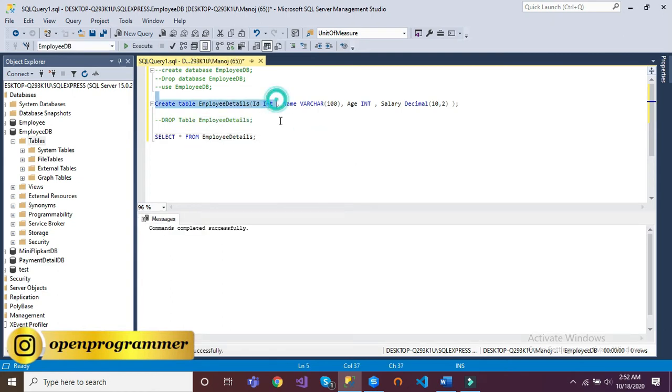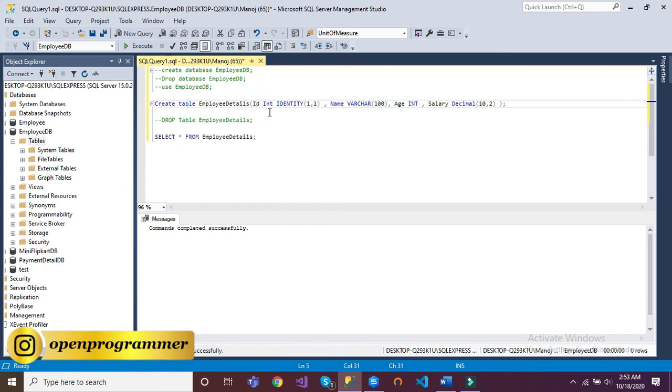And there is another term: ID int identity. This identity means we do not specify a value for this particular column.